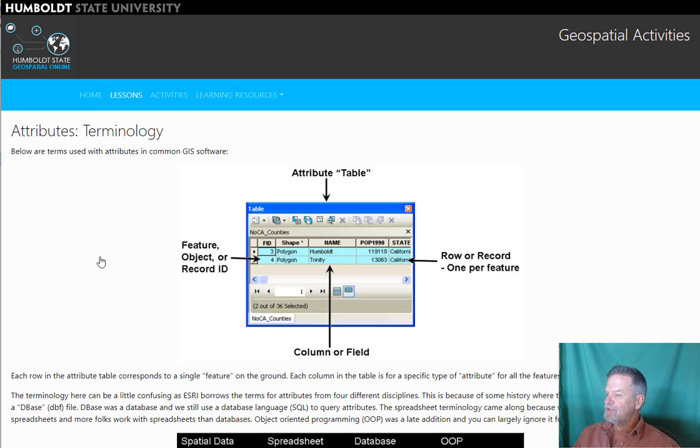So with attributes, there's some terminology you need to be aware of. So we have our attribute table, and you'll hear us talk about attributes and attribute tables. The rows within an attribute table have three different names, and the reason for this is because they came from three different technical disciplines. So feature is the GIS term, where each row represents the aspatial attributes associated with a